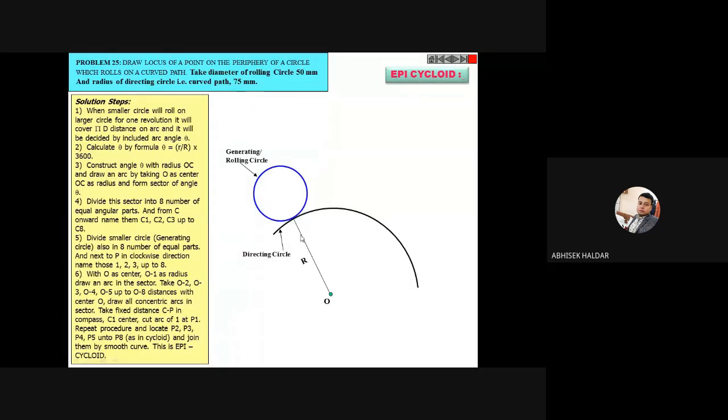Okay, so this is the initial position of the rolling circle. This rolling circle is rolling, say for example, in the clockwise direction. Now here, in the similar way, you have to divide this rolling circle into 8 equal parts, which I am not repeating. You have to name it exactly like this, because my circle is rolling in the clockwise direction, my naming also should be in the clockwise direction. And this is my point P, which I have to trace. Okay, so up to this there should not be any doubt.